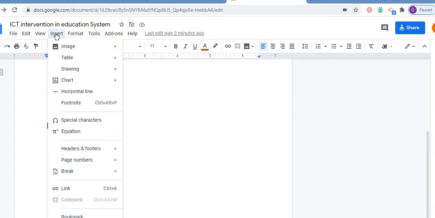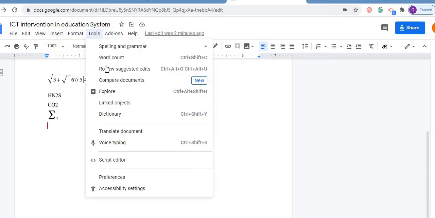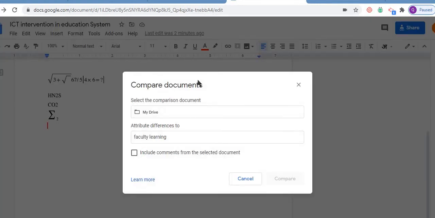And the last point, which was very important, that is compare the documents. So compare the documents. Once you click on it, once it is my drive, attribute difference to faculty learning, and include the documents also. So okay, differences to this, learn more.